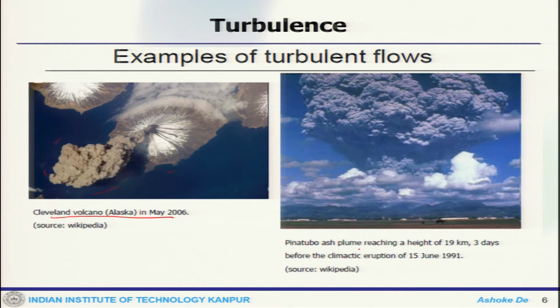Then another ash plume reaching a height of 19 kilometers, 3 days before the climactic eruption of 15 June 1991. You see this huge structure. Now think about the scale of these things. On one hand you are looking at the macroscopic structure of it, and apparently it looks quite random in nature, chaotic in nature, and in one single sentence one can characterize this particular